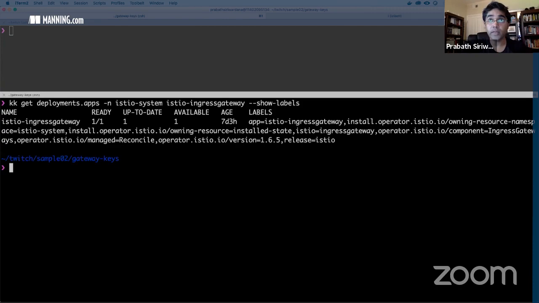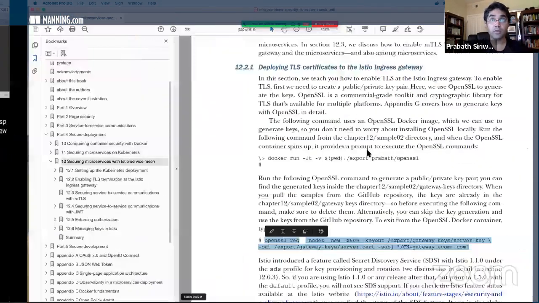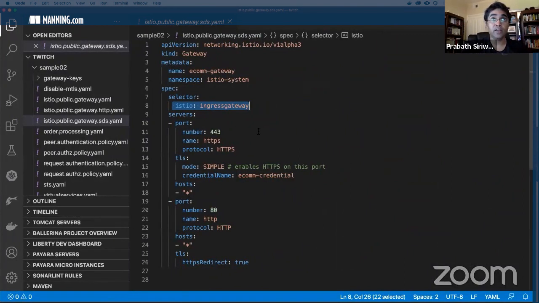Okay, here you can see there's a label called istio ingressgateway. So now when we define a gateway having this selector, this gateway resource will get attached to the Istio Ingress Gateway, which is running under the Istio system namespace.